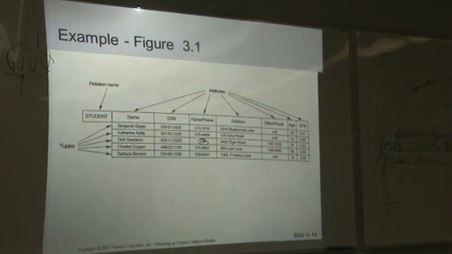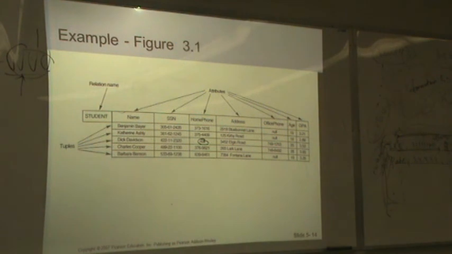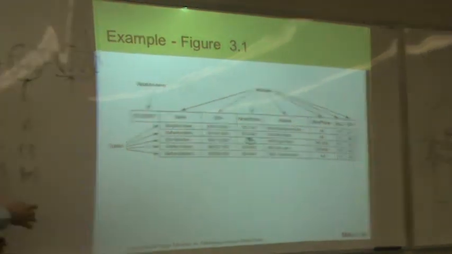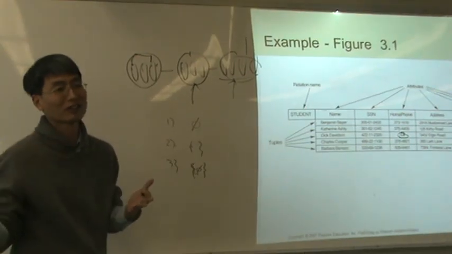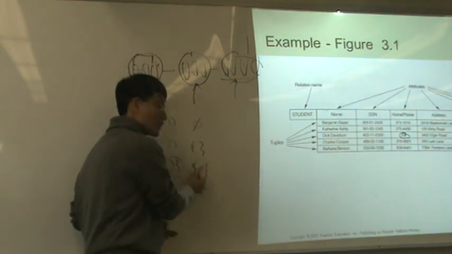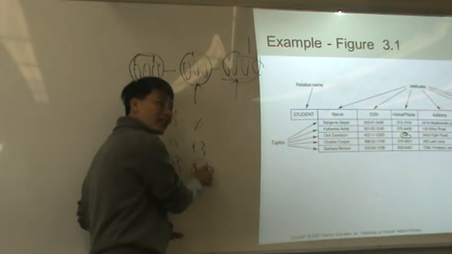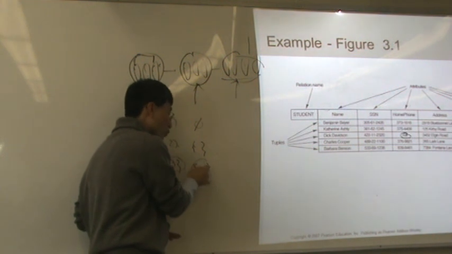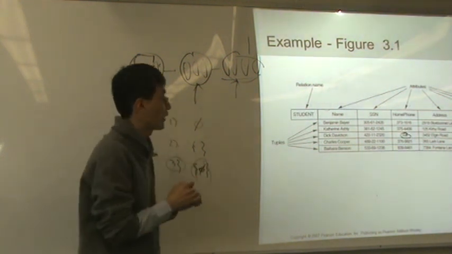This is an empty set. So probably you got this kind of question. Which one is different from the others? Number 3. This is a set, right? It's not an empty set. This is a set including this kind of element. However,